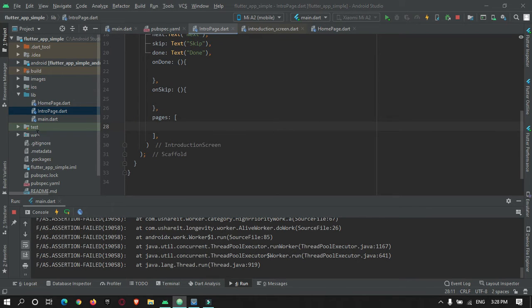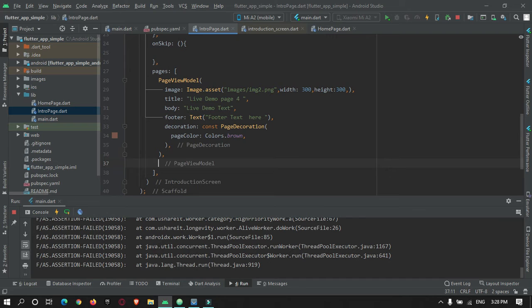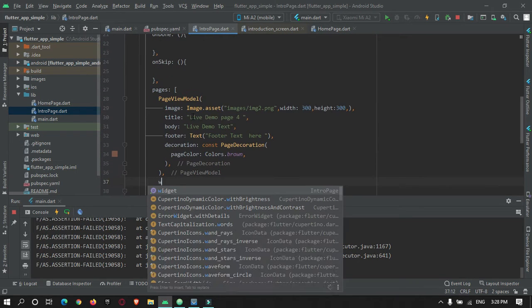I will just copy paste the code just for demonstration. This is the code. For now I am showing two pages in my app.